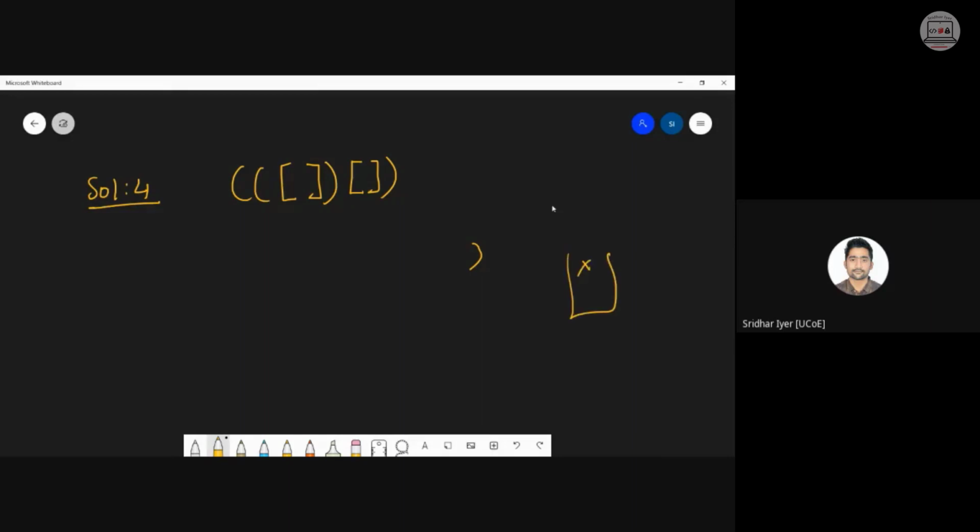Am I clear? Yes or no? What is x? X corresponds to an opening bracket, right? So if x is there on top and we are having this closing bracket as the input, for example something like this, then only we can pop it. Am I correct? Or is there any slightest confusion? Kindly let me know. Similarly, the same thing goes for this. Is it clear or does it need an explanation? Do let me know, frankly.